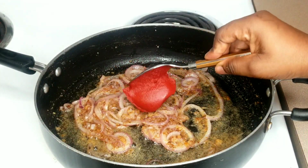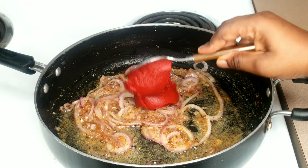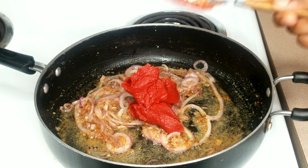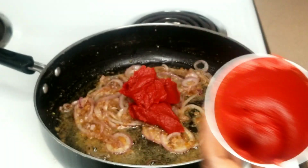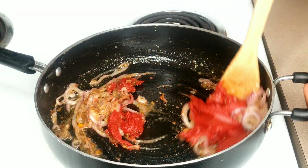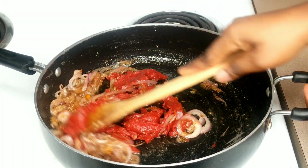So 3 minutes later, I'm going to introduce the tomato paste. I'm using 2.5 tablespoons of the tomato paste, and here is the remaining one. I'm just going to store or keep it for later use. I will fry this tomato paste until oil settles on it or until I get rid of the tangy taste